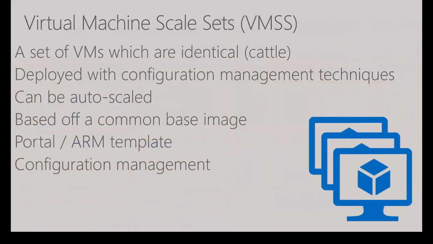So I talked about VM scale sets, and I want to drill in a little bit more on that. This is your way to do auto-scaling in Azure. So we talked about the cattle. You have the same set of VMs, so it's by tier. The same way that you did your availability set, same kind of rules apply. So you're saying, hey, this is my web tier, this is my logic tier, whatever it is.